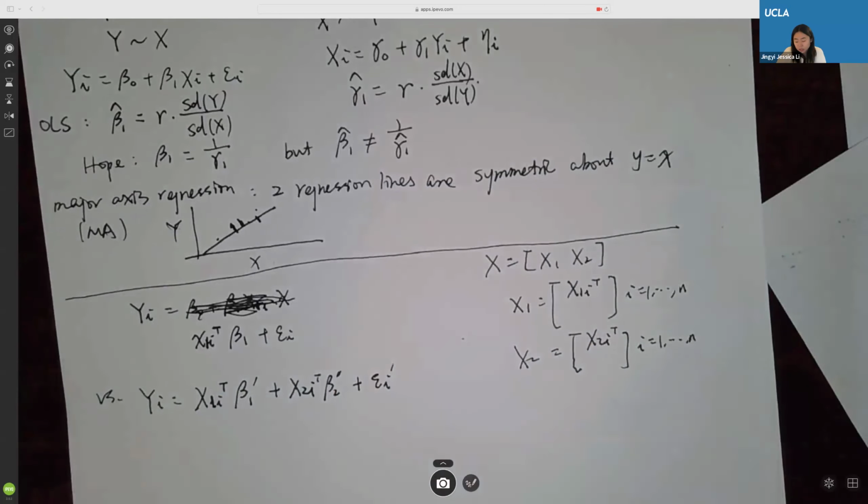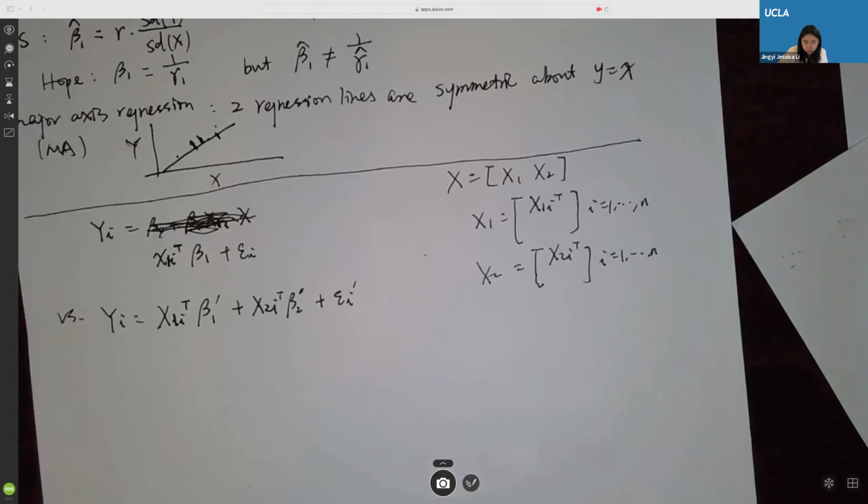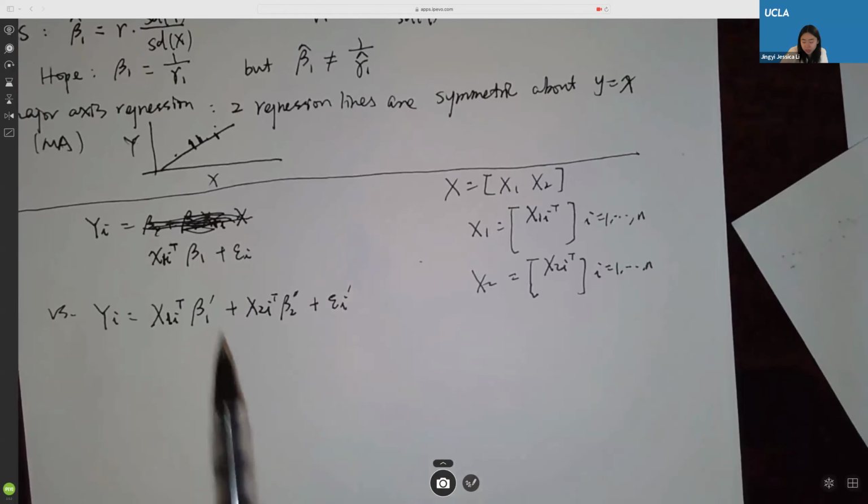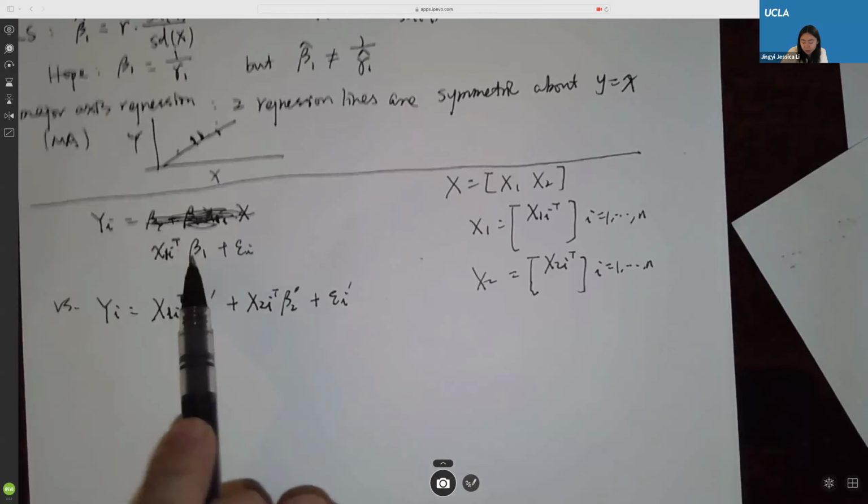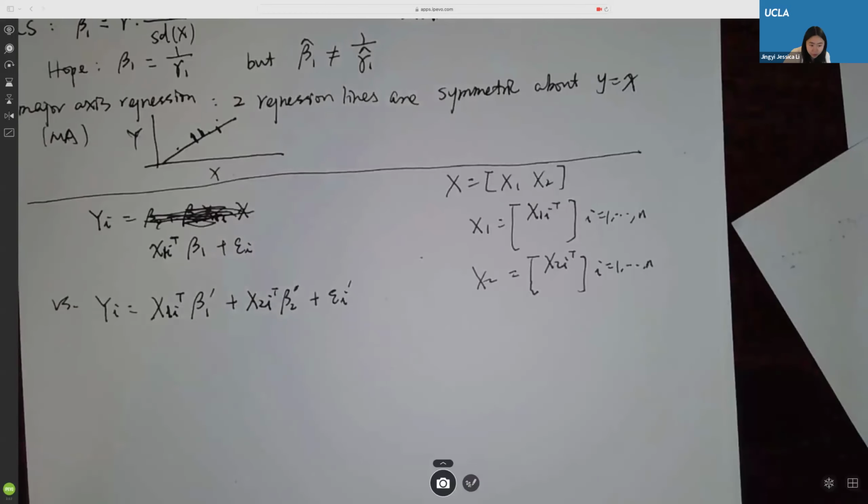So now I'm intentionally differentiating the two models by not using the same beta 1, not the same epsilon_i, to mean they're two different models. And my question for you to think about is: are my beta 1 and beta 1 prime the same parameters for interpretation? This is very crucial in a linear model, in this so-called multivariate linear model,